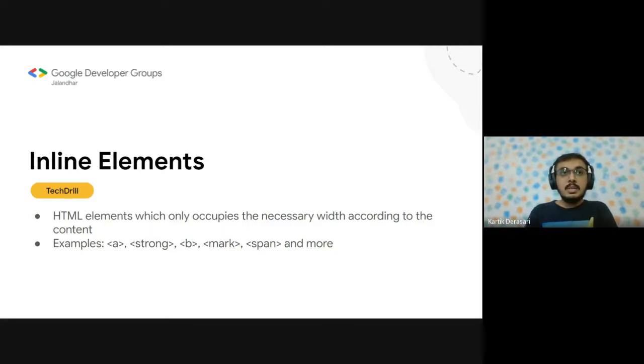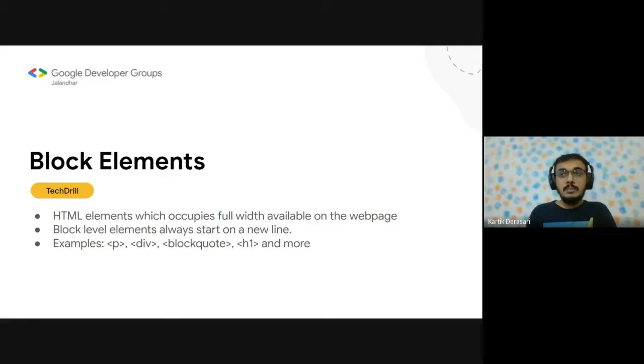But if we use a heading, even if it is occupying this much space, it will occupy the whole width of the screen. So it will not let anything be beside that element, the block element. A paragraph is a block element, and all the headings are block elements. We'll actually get an idea when we see the code part. So let's see the code part.